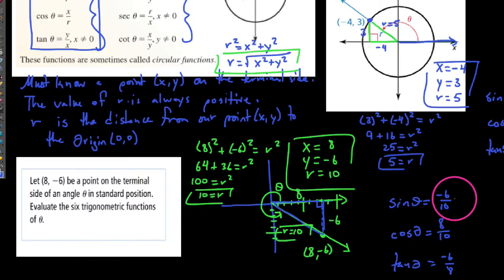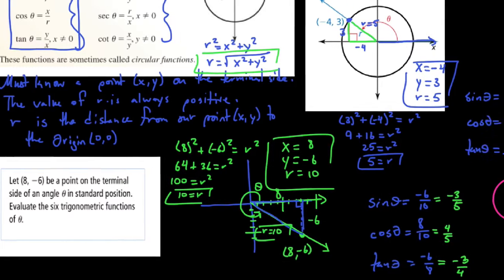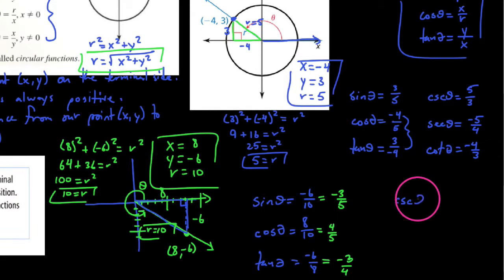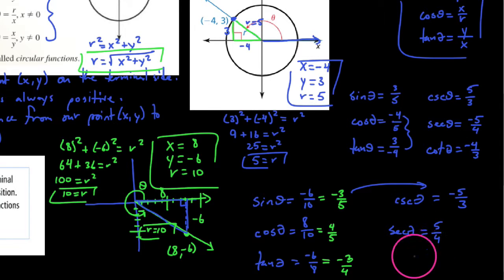So I will reciprocate these. One thing I do want to mention, though, is that if you can reduce a ratio, you probably ought to do that in the first place. So I'm going to go ahead and reduce all of these. And then what we're going to do is we're just going to say, well, then the cosecant of this angle must be negative 5 over 3, as that's the reciprocal of our sine. Likewise, the secant of this angle must be 5 over 4, and the cotangent of this angle theta here must